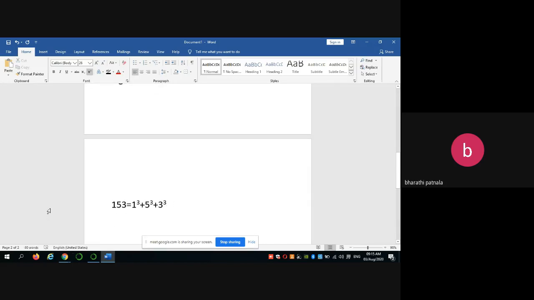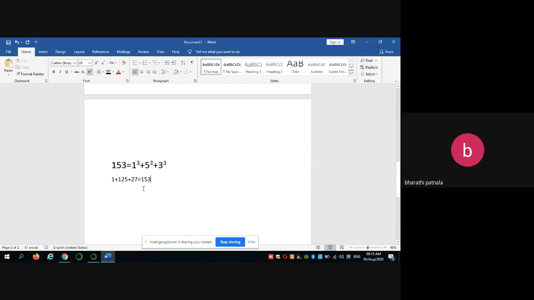So 1 cube is 1, 5 cube is 125 and 3 cube is 27. So the total result is 153. So the sum of the cubes of the individual digits must equal the given number. Then we can say it is an Armstrong number. Okay.